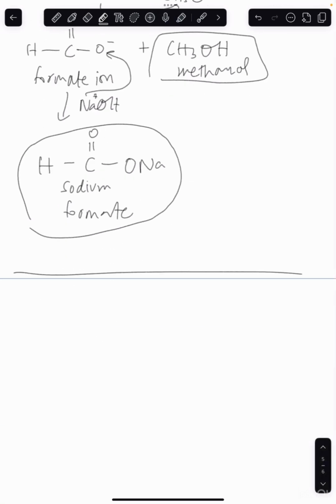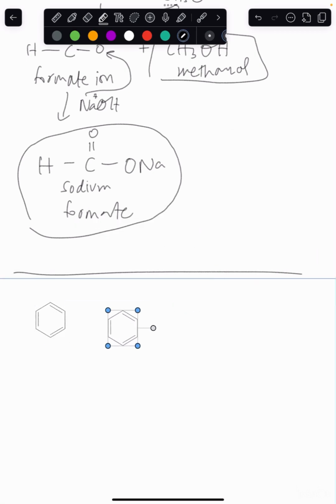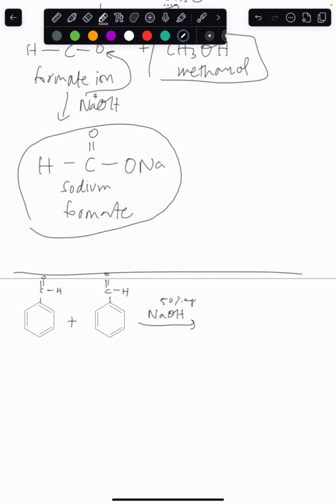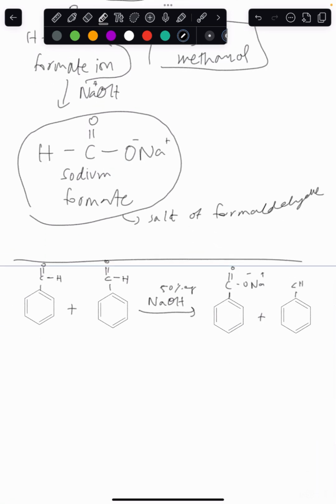Now the same will happen with two benzaldehyde molecules, so if we write it out like this, in the presence of a base, 50% aqueous base, a salt of an acid will form, like the salt of formic acid formed over here. A salt of an acid will form, which will be the oxidized version of it. Forgot to mention this. And methanol, which is the